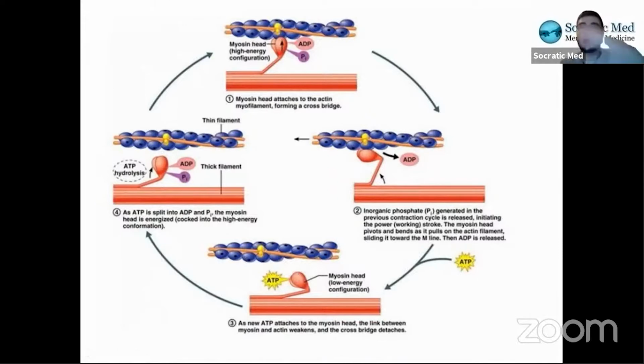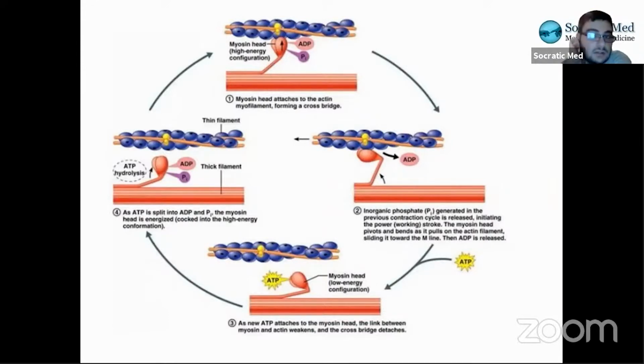If you don't, what would happen is you would attach, move it towards the center, and then it would just be stuck here. The myosin wouldn't be able to detach from the actin, right? And the sarcomere would forever be shortened, right? Because it would have already pushed it, it would have contracted a bit. So if it can't detach, that means the sarcomere can never relax, right? Because you need to attach ATP in order to get the myosin off. If you can't get the myosin off, it can't go back to its original position. If it can't go back to its original position, the muscle can never relax, right?